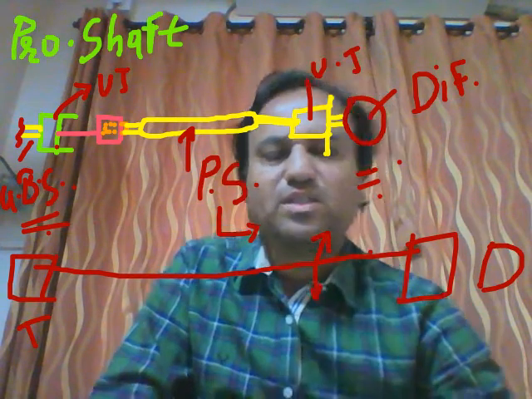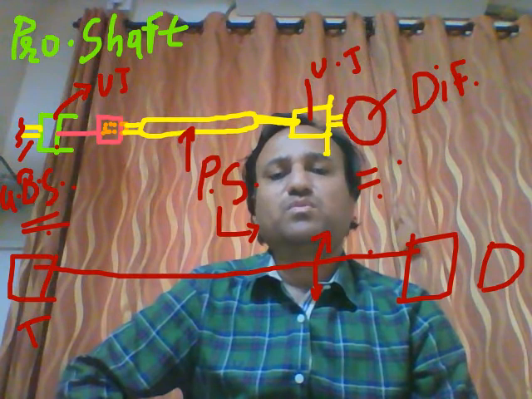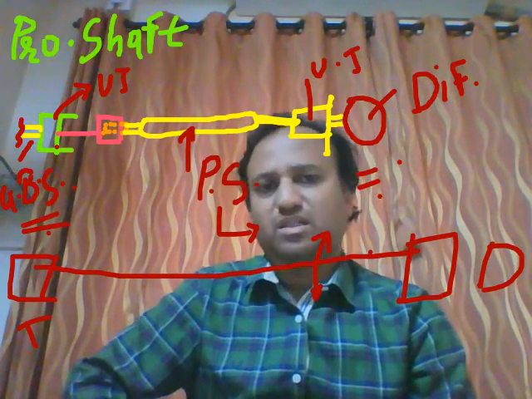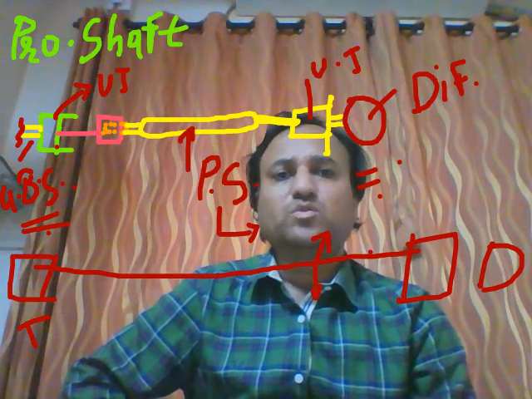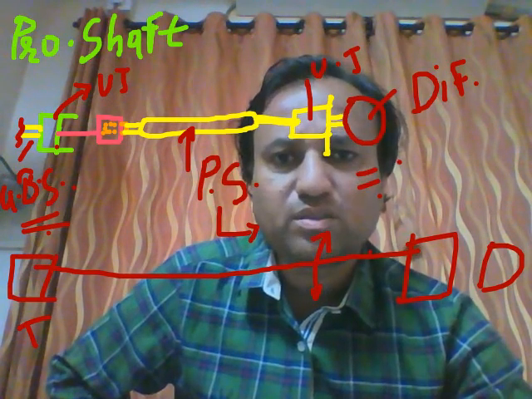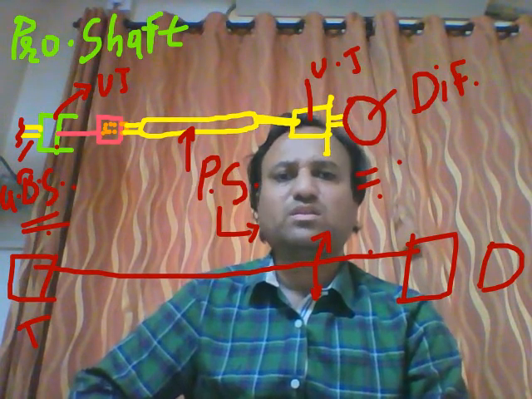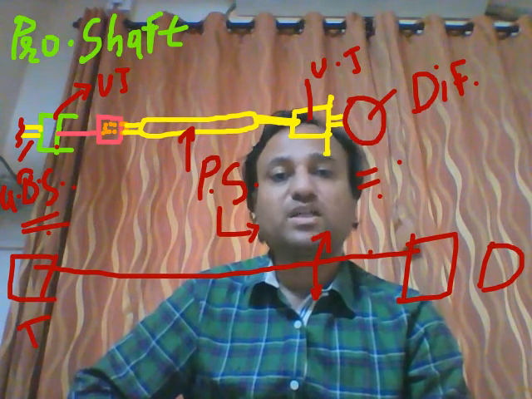It will transmit the motion and power from the transmission unit to the driving axle via the differential. Generally the cross section of the propeller shaft is circular. So if the length is more, it is a rotating shaft,